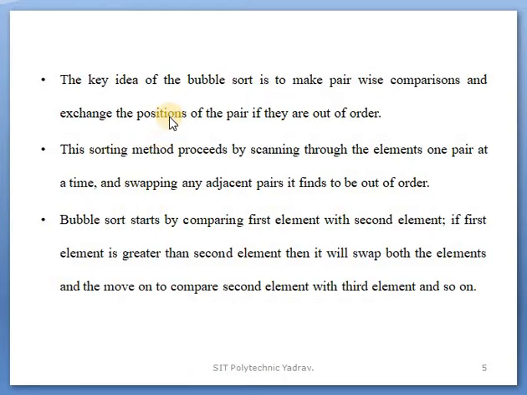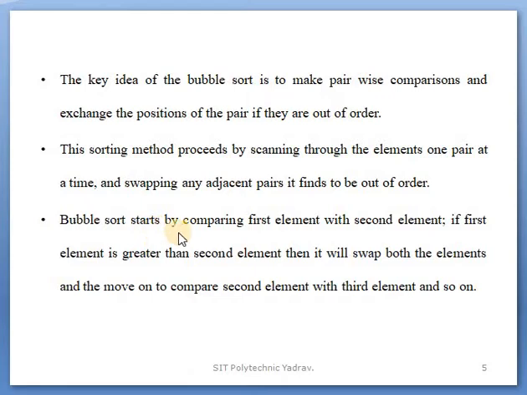That means comparing one pair at a time, and when an adjacent pair is found out of order, it is swapped. Whether a pair is out of order depends on the given condition.